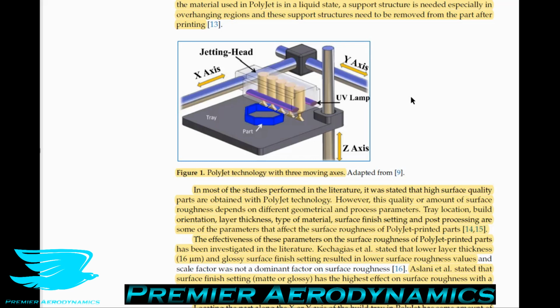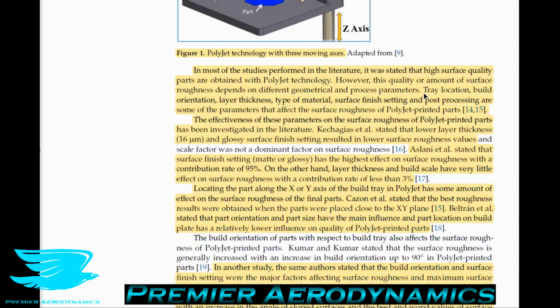For example, tray location, build orientation, layer thickness, type of material, surface roughness, and surface finish settings, and post-processing are all parts of this process which can affect the surface roughness and often do. The effectiveness of these parameters on the surface roughness of polyjet printed parts has been investigated in the literature. So some researchers stated that the lower layer thickness of 16 micrometers, for example, and glossy surface finishes result in